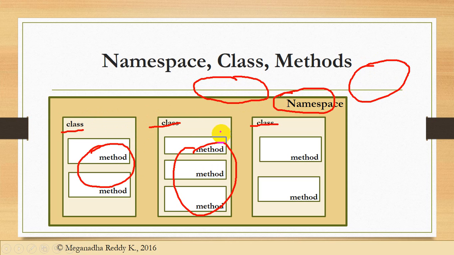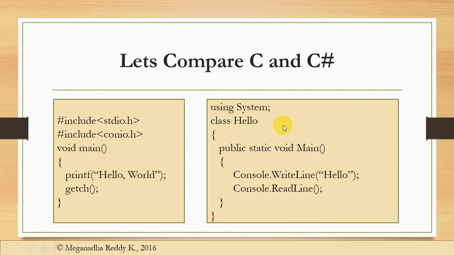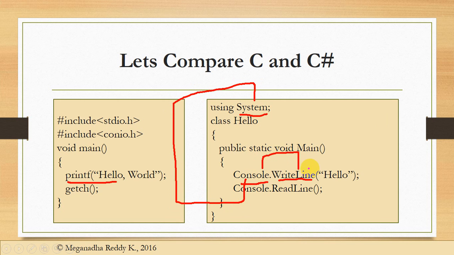Okay, so I repeat again, if you go back to the simple structure of a C# program, System is a namespace, and this is our own class. Class Hello is our own class, and public static void Main is the place where actual execution of a program starts, and Console is a class. So directly we don't have, like printf, one method. So we have two things here. This namespace is having a class, and this class is having a method, and whatever is written inside this is getting printed.